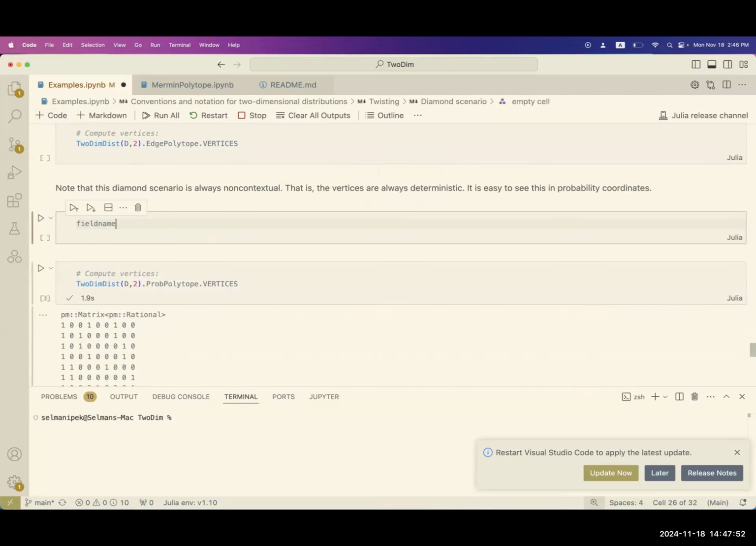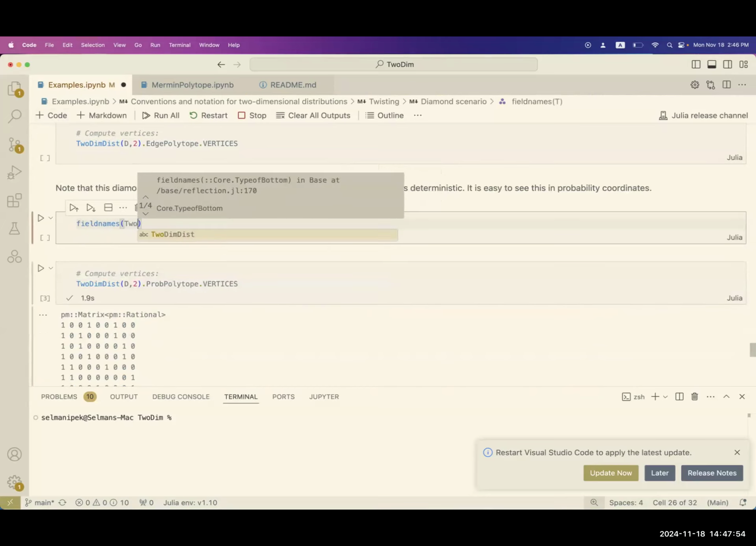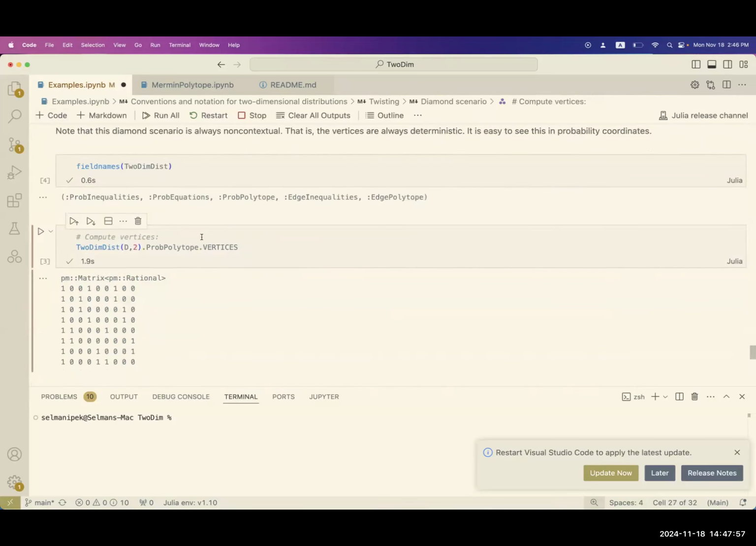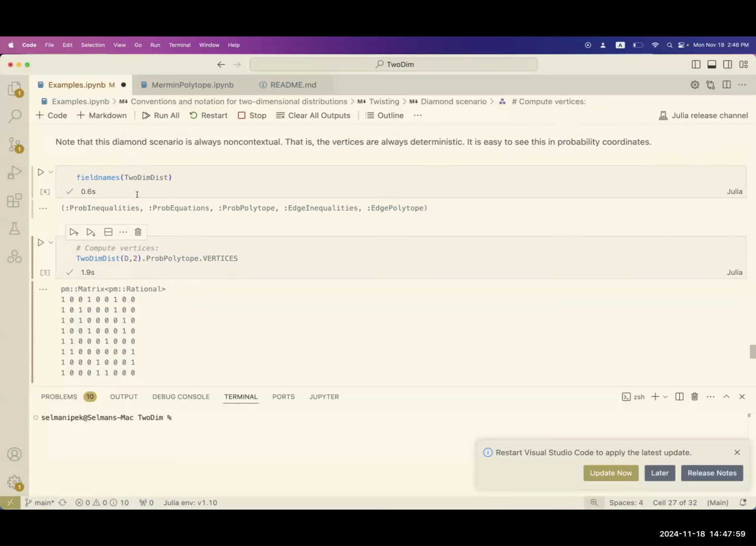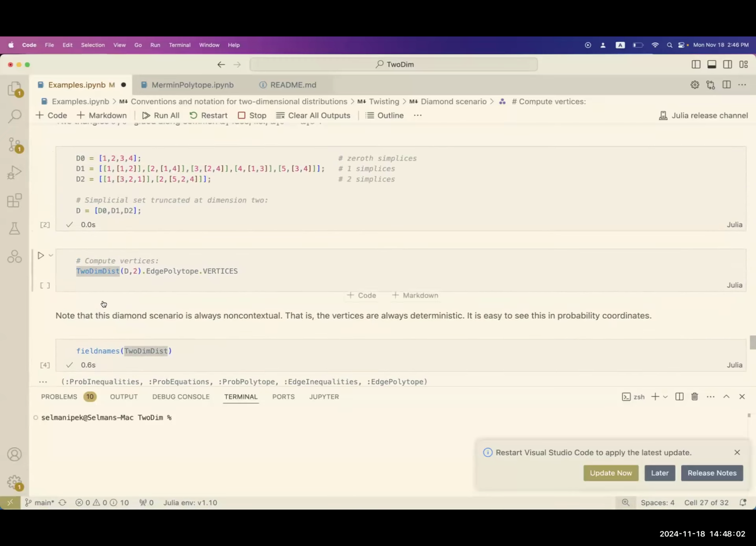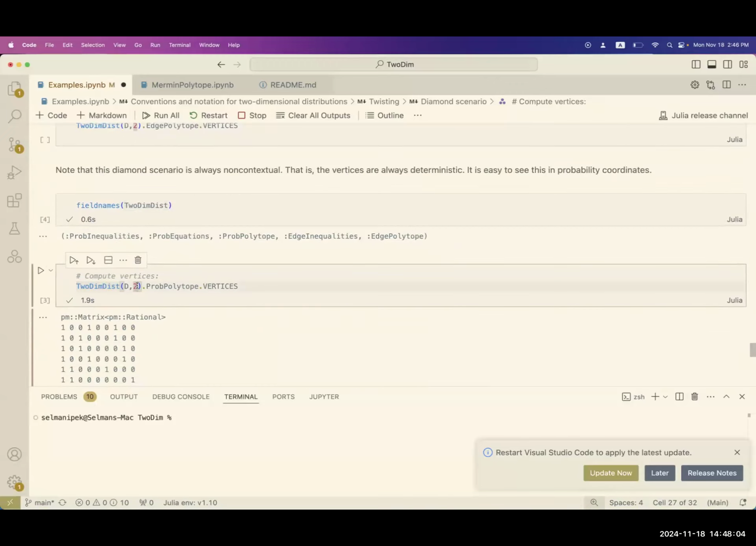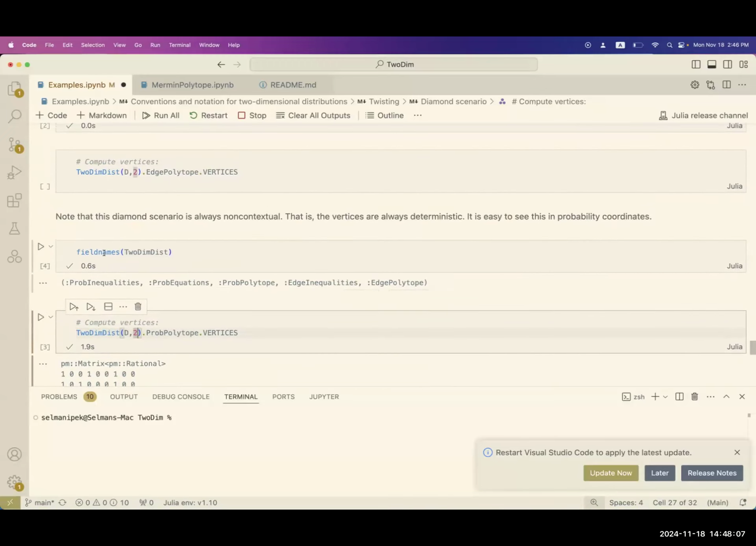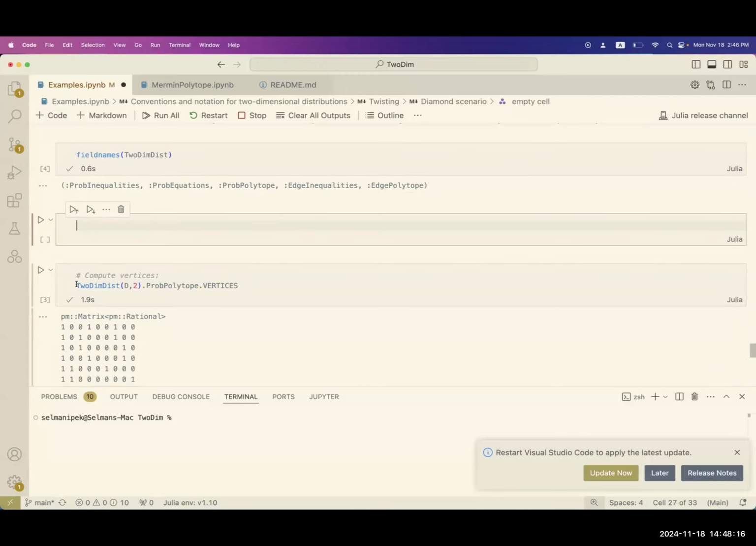So field names of 2dim dist. So I have an object here, 2dim dist, which I input my simplicial set and my outcomes. So in this case, I'm restricting to outcomes Z mod 2. This object has a couple of different properties. One is the inequalities. So let me, just to give you guys an idea, 2dim dist. And if I want to see the inequalities that define this polytope,